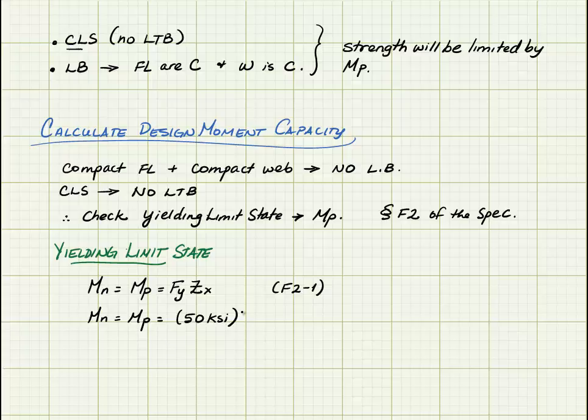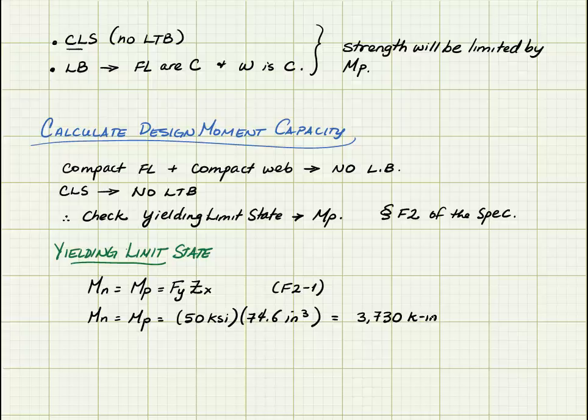You could calculate Z sub x by hand, but luckily for us, for rolled shapes, Z sub x is going to be tabulated in part 1 of the manual right next to S sub x. So if I look up a 10 by 60 in part 1 of the manual, I find that Z sub x is 74.6 inches cubed. So my nominal moment strength is